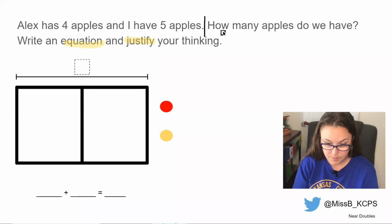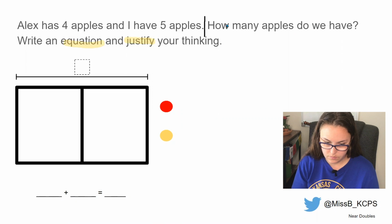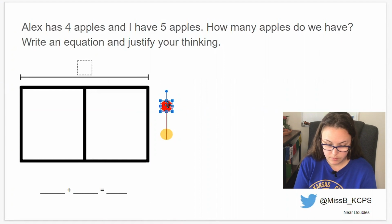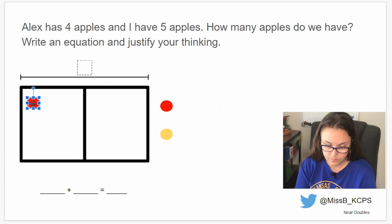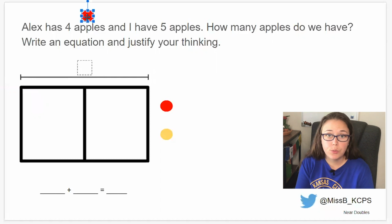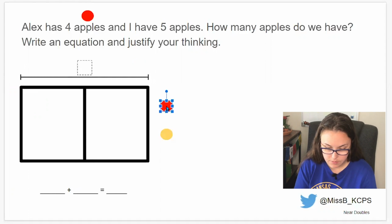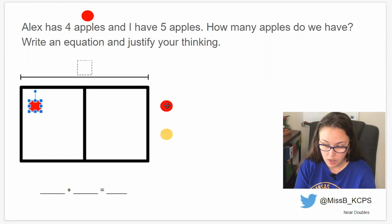Maybe, if it lets me. There. Now I can do it. I'm just going to move the counter over into, so I'm going to move a red counter up above the word apples because I want to use the red counters to show how many apples Alex has. Then what I'll do is I'll take the red counters and I'll move them into the part whole map. And I need 4 of them because Alex has 4 apples. So there's 1, 2, 3,